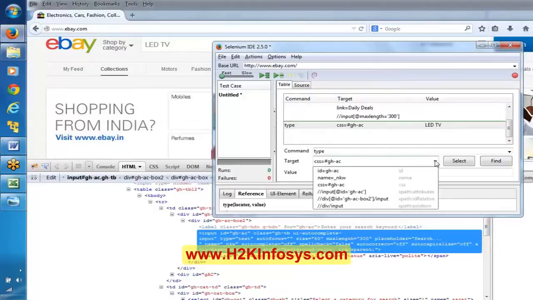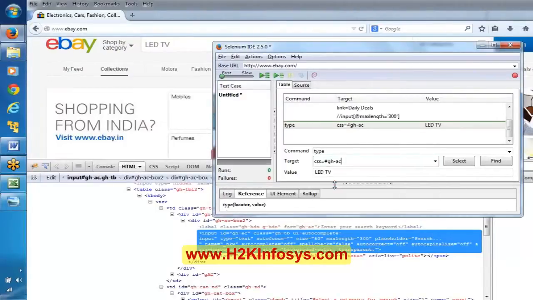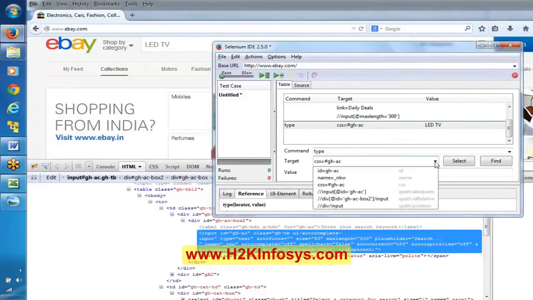But however, I said, first give the preference to the ID. Now if you closely observe, these are the different flavors of XPath: XPath using attributes, XPath using position, XPath using ID relative. These are different flavors of XPath, but we will discuss these in the coming classes. And there is a CSS also. It means if you really want to build an XPath but are not that good at building it, you can simply open Selenium IDE, record it, and it automatically records so many locators. These are the different locators.